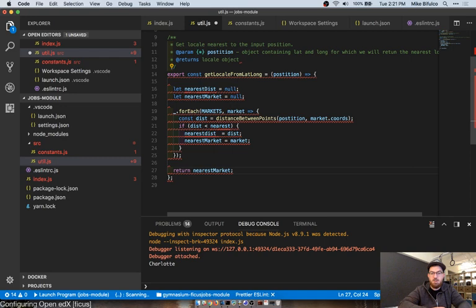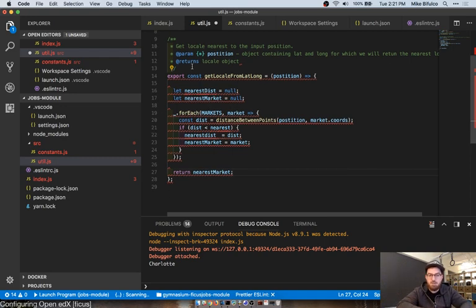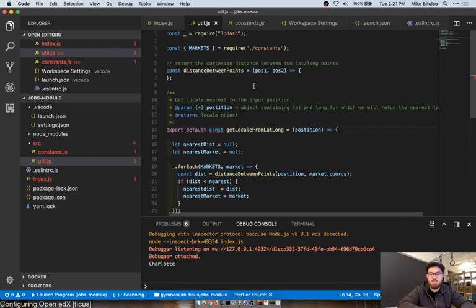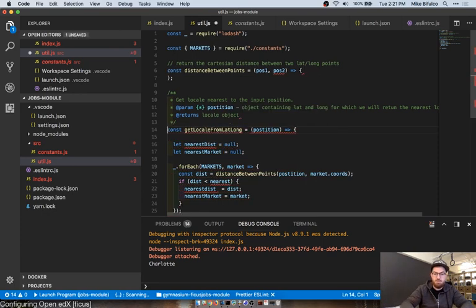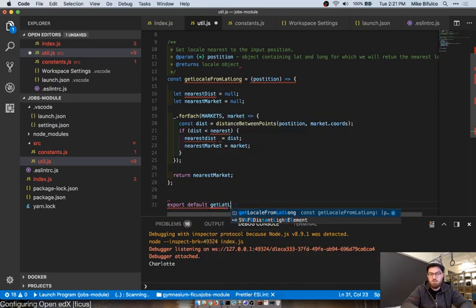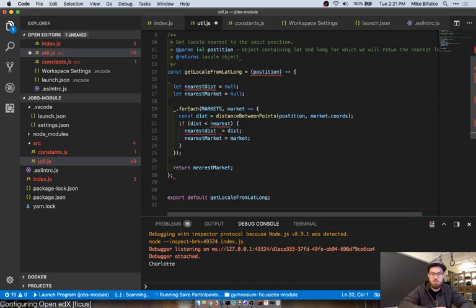So that's all this function needs to do, is return the nearest market given a bunch of input values for preferred default export. I know. Damn, this thing is a pain in the ass. Great.